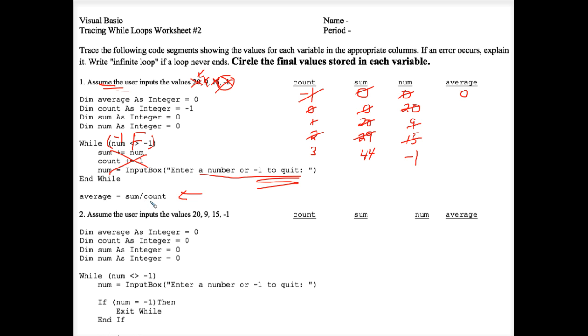Sum divided by count. At this moment, sum is 44, and count is 3. 44 divided by 3, I guess you can use your calculator if you need to. I don't need to because I don't have a calculator handy, and I'm a math teacher. So 14 with a remainder of 2. Interesting. Well, you could figure that out to the decimal places. It'd be like